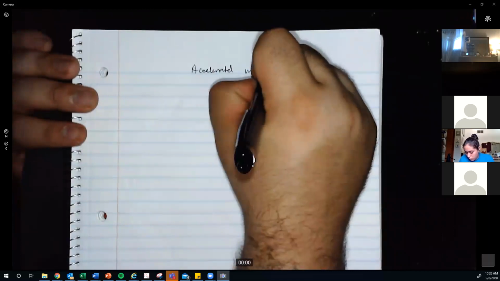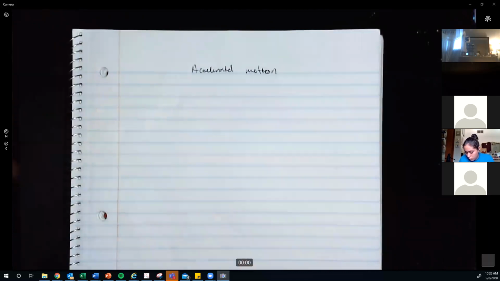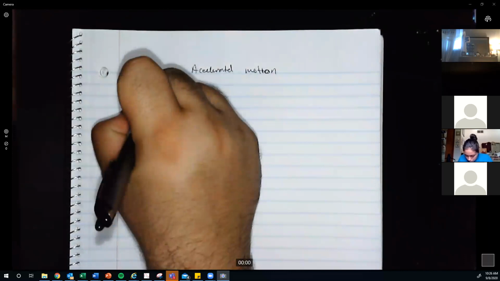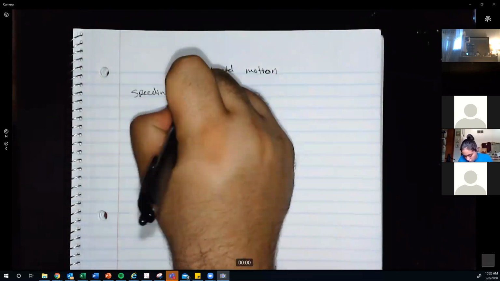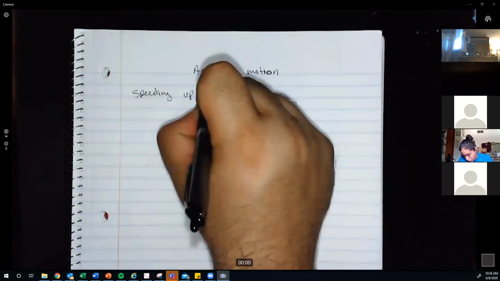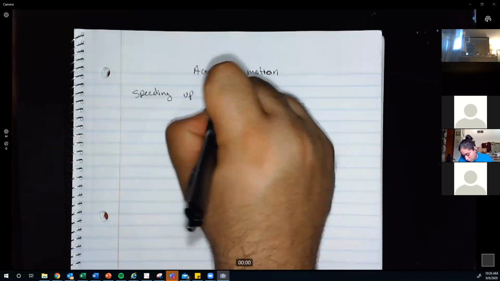there could be really two things that we talked about that we're going to analyze. So it could be speeding up or it can be slowing down. Now, it could be speeding up to the right, and it could also be speeding up to the left. So thinking about those two, let's start with that. So if something is speeding up, you can have rightward motion and leftward motion. So if it's speeding up to the right,